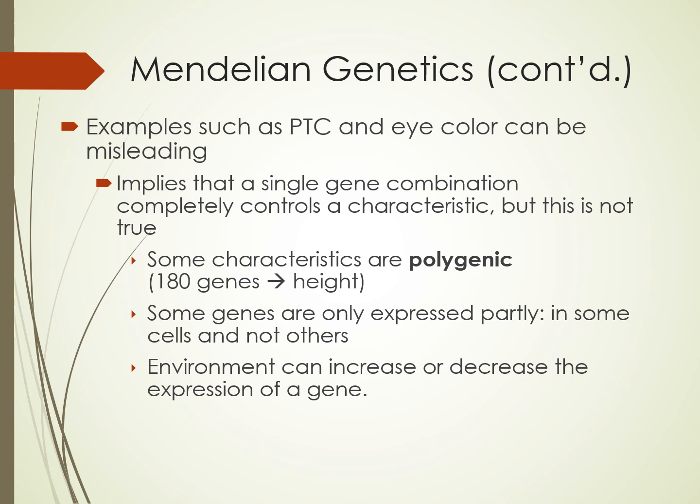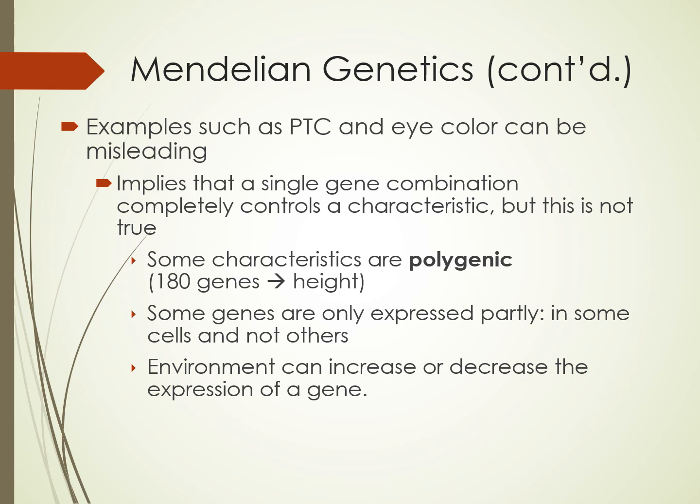But many characteristics, and especially these kind of psychological likelihoods, are polygenic. It's not a single gene combination. There are multiple genes. Just as an example, something that might seem kind of simple, and it's not one of those traits like neuroticism or creativity or intelligence, something very complicated, is that we have 180 genes just to code for our height.